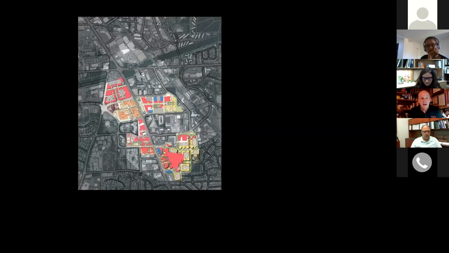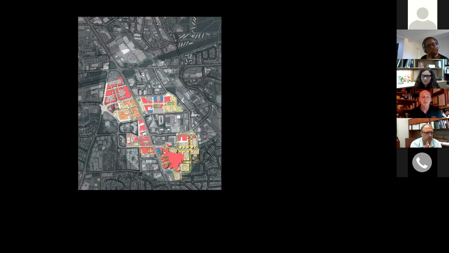Next. So in this view, you'll see some colored buildings. Those are our clients in this aerial, and everything gray were our non-clients. So the private sector actually hired us to help the county replan this area.